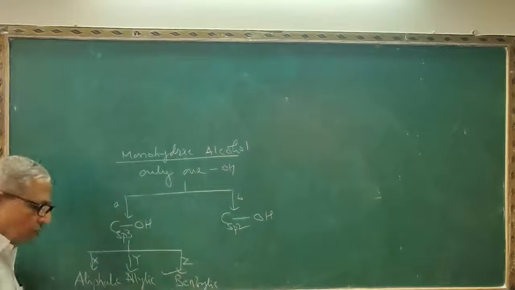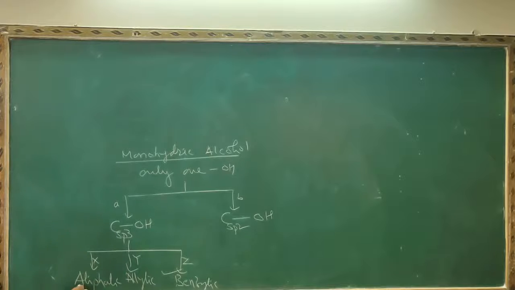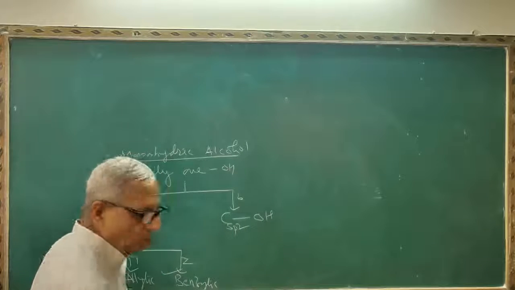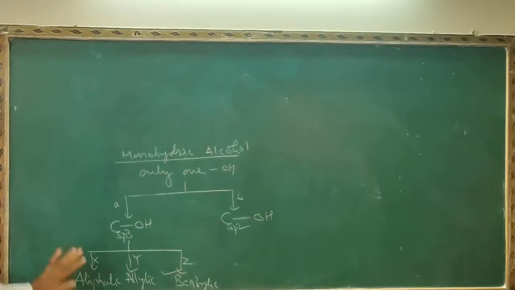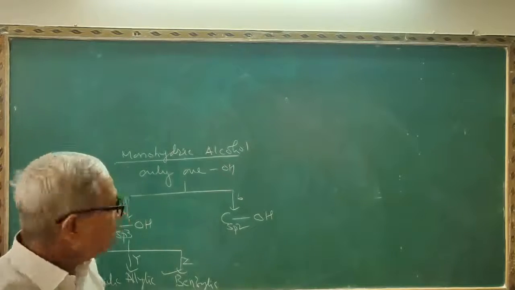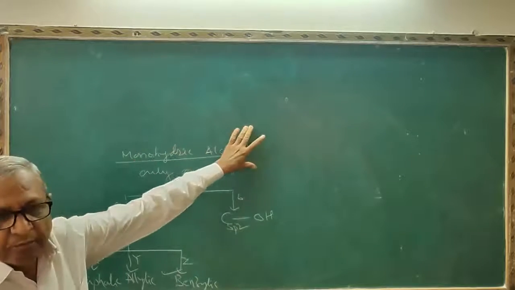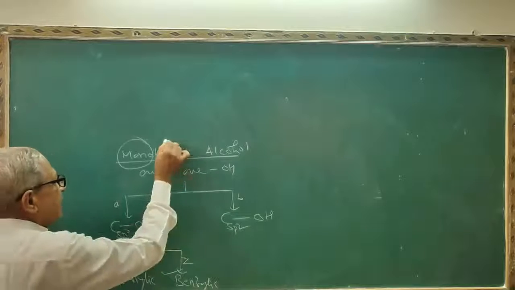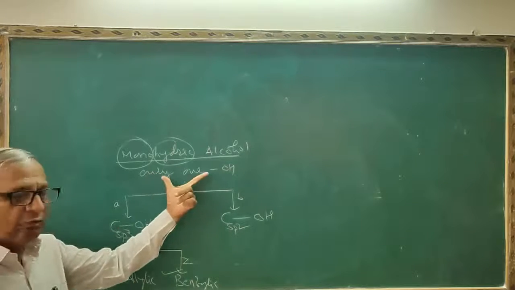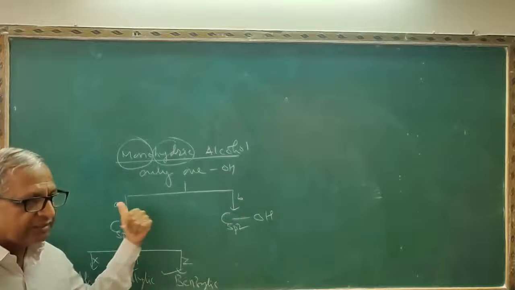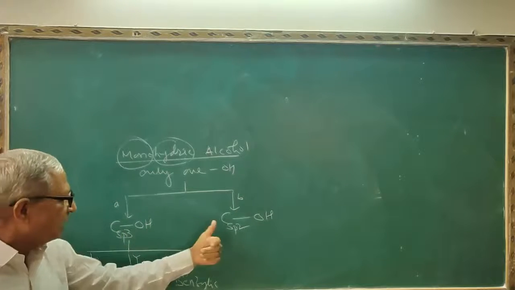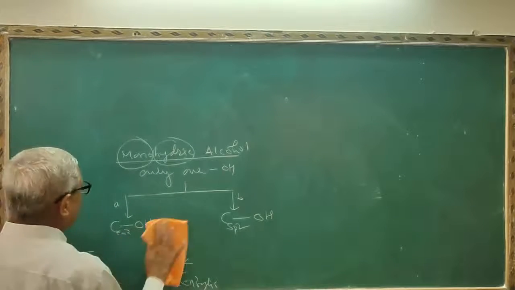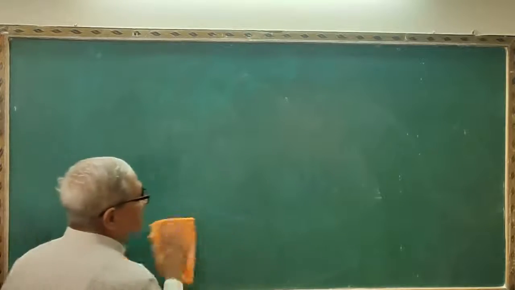And I just now explained benzylic alcohols. All these are again classified into three types: primary, secondary and tertiary. Just now I explained the CH2 group, that is keto-enol tautomerism. So this is the brief revision of the title, classification of monohydric alcohols. Here mono indicates only one, and hydric indicates the OH group, therefore they contain only one OH group. These are classified into two parts, A and B: the OH group attached to sp3 carbon, and the OH group attached to sp2 carbon. Again these are three: aliphatic, allylic and benzylic.